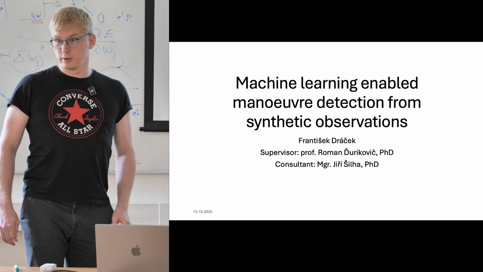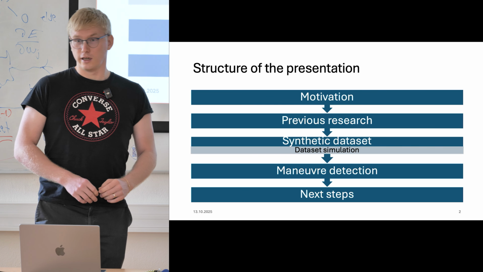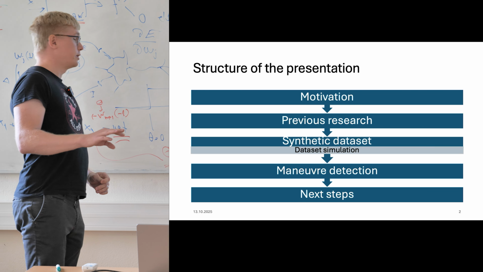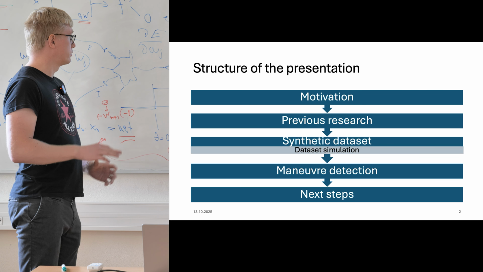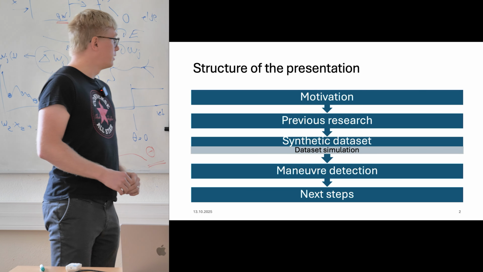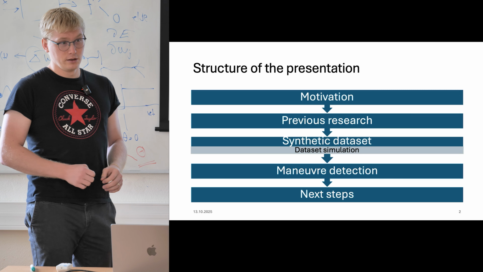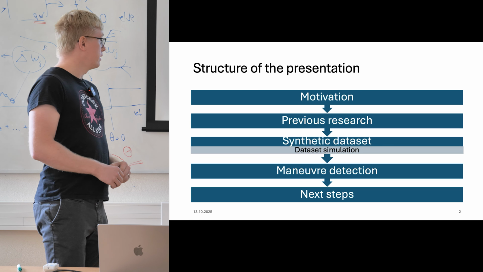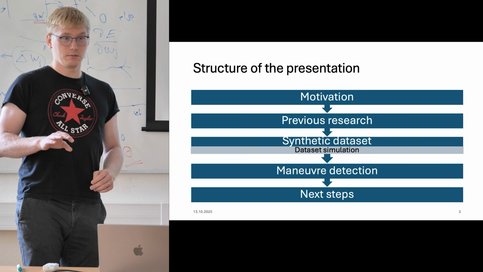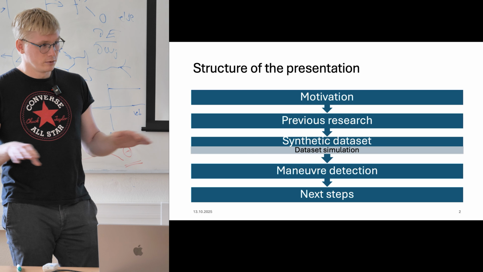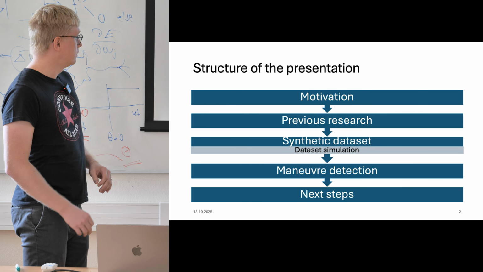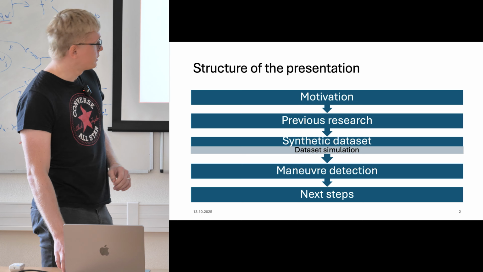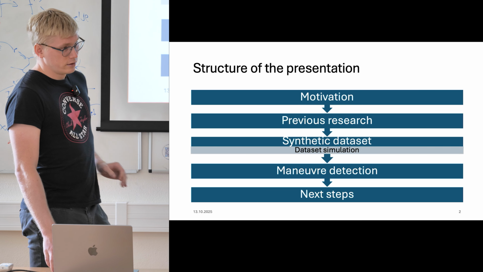First, I will briefly motivate why it is interesting and necessary to detect maneuvers of satellites. Then I will very briefly mention some previous works in this field. And then the center of gravity of this work is the generation of a synthetic dataset for maneuvering satellites. This bit will be a bit heavy on physics, but do not get discouraged. I will try to skim over the physics part, and then I will talk about some results regarding the detection of maneuvers with machine learning and some future